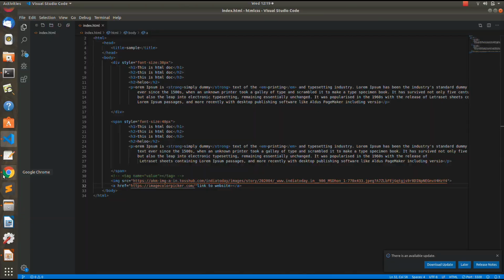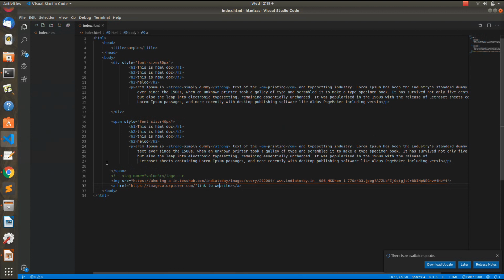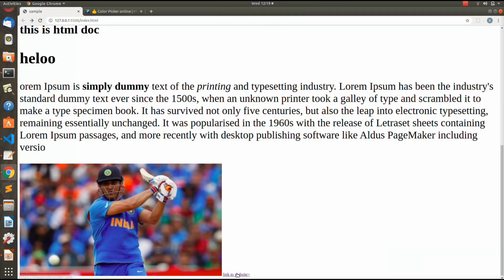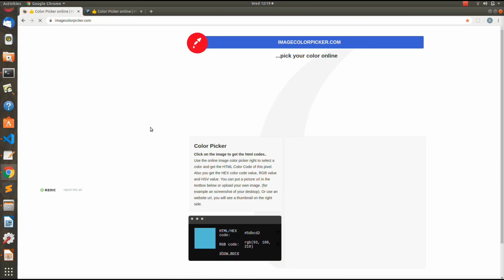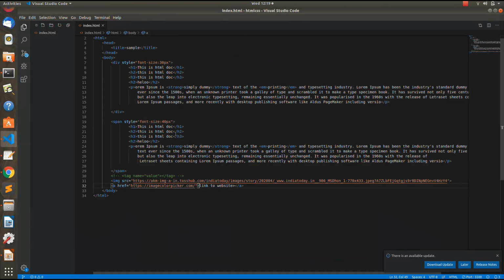save it. Go to your document, you can see, I think it is okay, so I have not closed it here. Just save it again. You can see a link here now, and now if I click here, you will see that I am reaching out to this website. So these are some of the basic HTML tags that one should know, and we are going to use these tags to make various other projects.